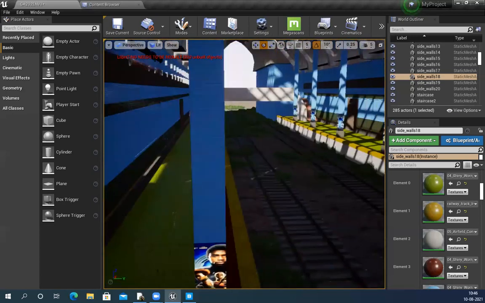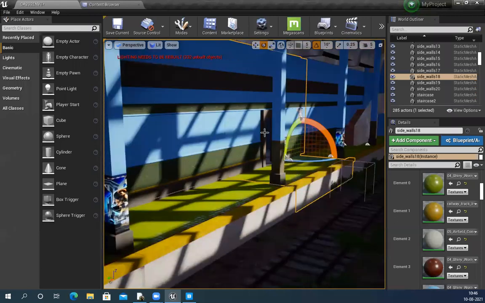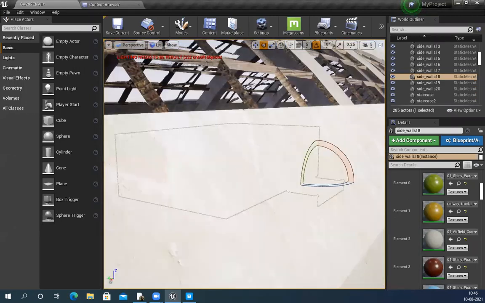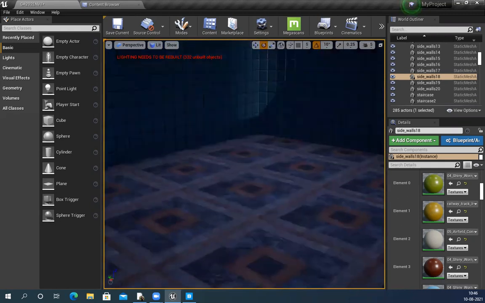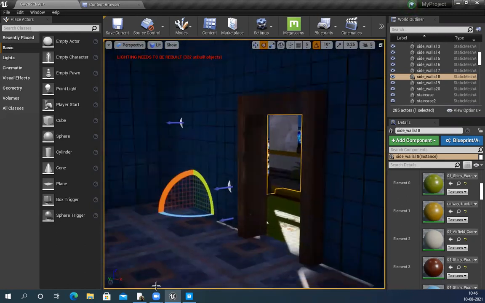Now, see. Okay, now we have this. This is supposed to be a washroom. So we have the Maya file.